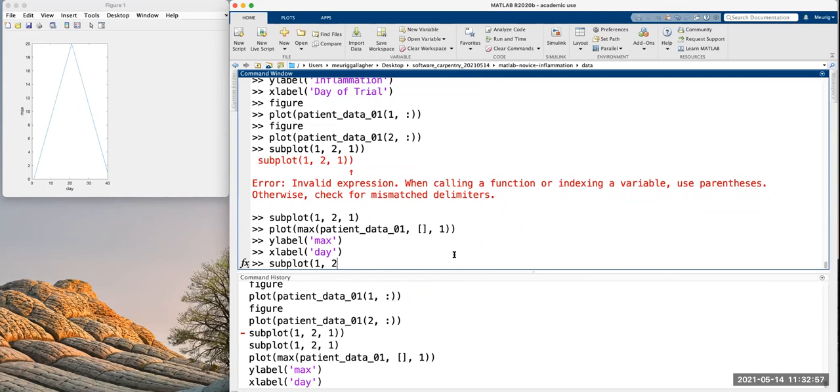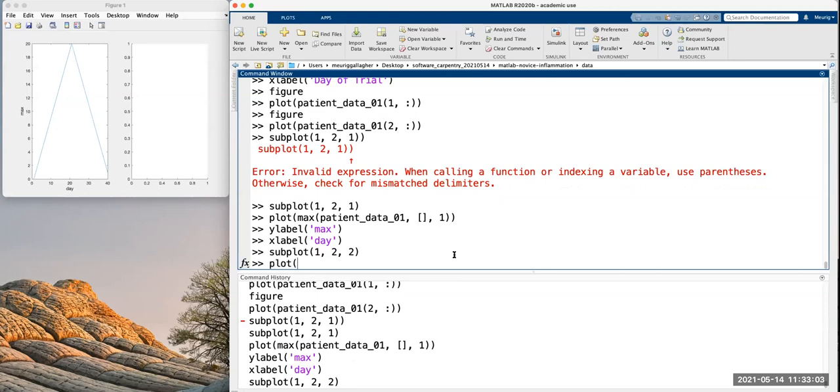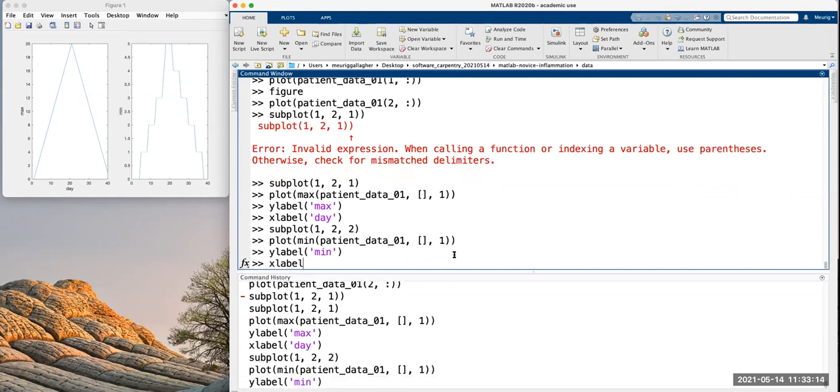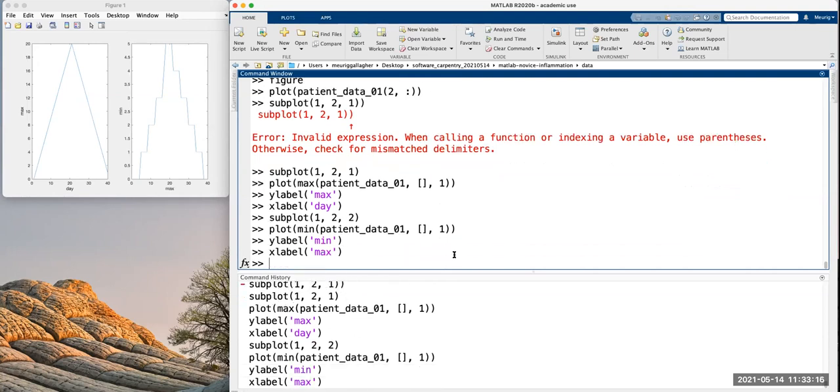It's the same size, so 1 row, 2 columns, but we want to plot in the second index. And we can plot the minimum of patient data. And then we can label our Y's min and X label day. So we're still using the same plot command, the same Y label, X label commands. It's just we're prefacing them with this subplot command to show us how many plots we want to do.